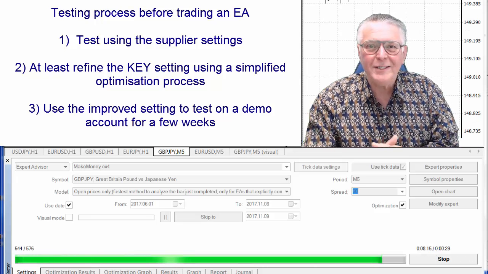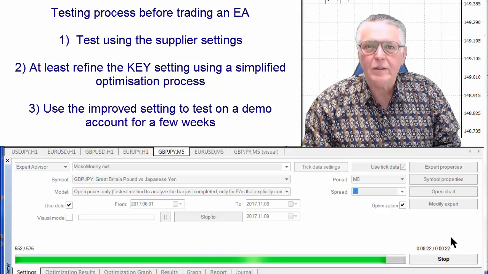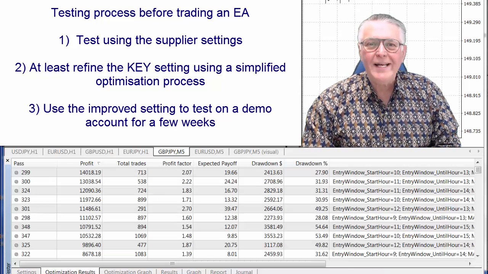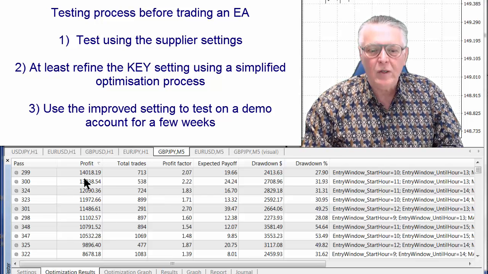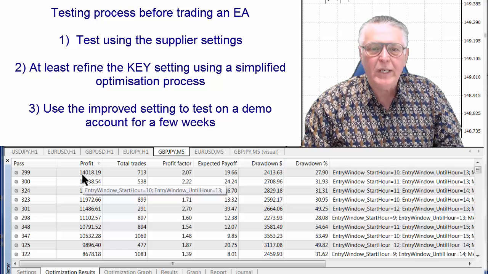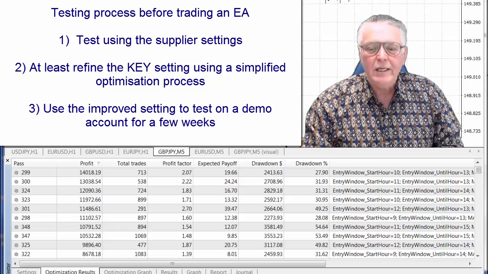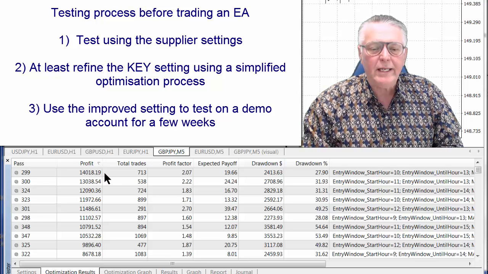Okay, the testing has almost completed. It just has a few more seconds to run, and then we will see the results of this particular run. Okay, we've found quite a number of really good settings for this particular EA now. The results range from 14,000 right down to 10,000, quite a few that we can select there with nice low drawdowns. And what I'm going to do is I'm just going to take the top one,